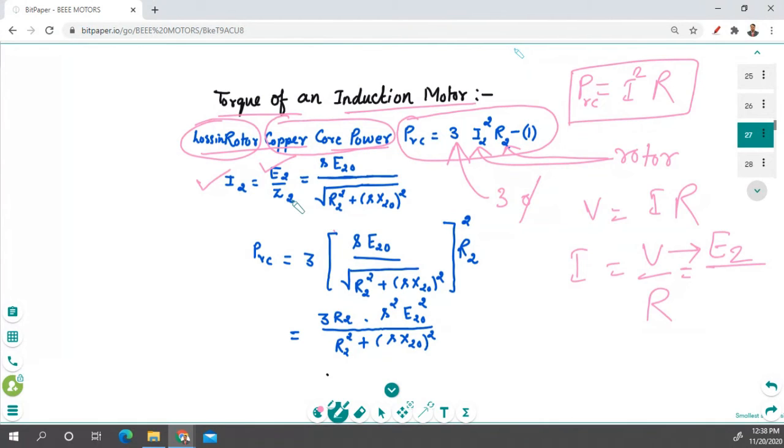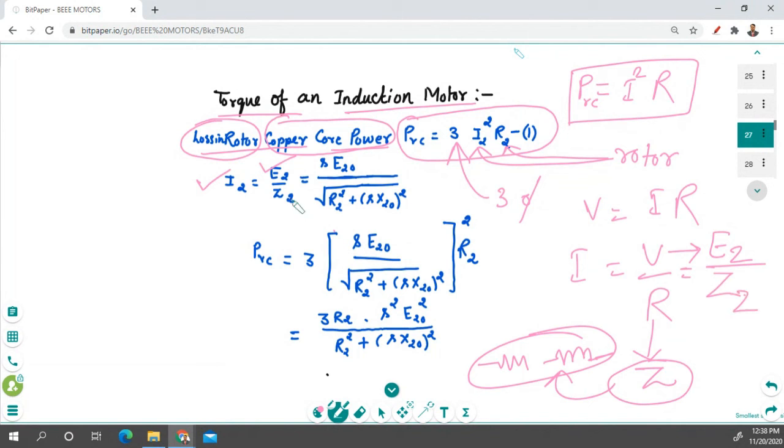And in the case of total resistance, we will consider both the R and L parts. Both these parts are present in this rotor, so we will take the impedance Z. It is the combination of these two components. That's why we are talking about Z, and we will take this Z2 here. Z2 is the impedance across this rotor part. So we will put the values.